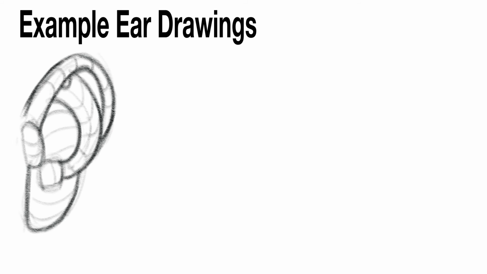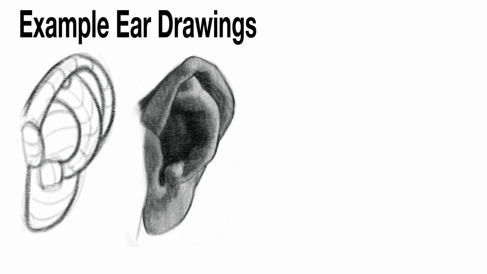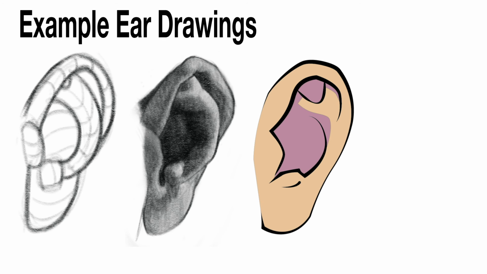To give you a better understanding of what I mean by this, let's look at an ear drawn in 3 different styles. So this first example is a drawing designed to show a realistic ear. So drawing all the forms is kind of a necessity. But if we look at this second example, we can see that we may not need to set up all the parts of the ear in simple forms as we draw that ear. This is because we've stylized and simplified that ear in this example. Still, all the parts are suggested here, so we need to know where those structures belong.